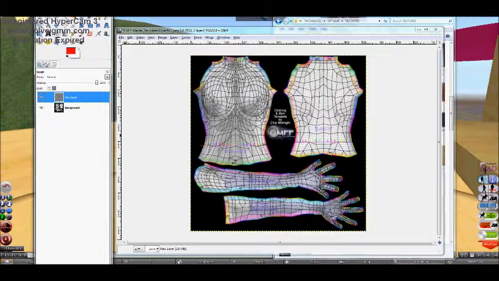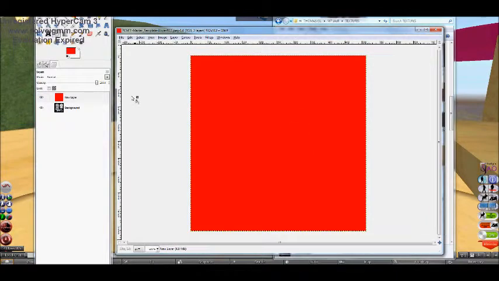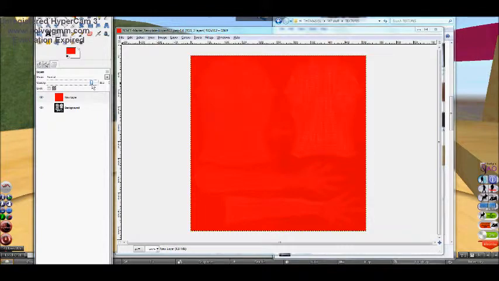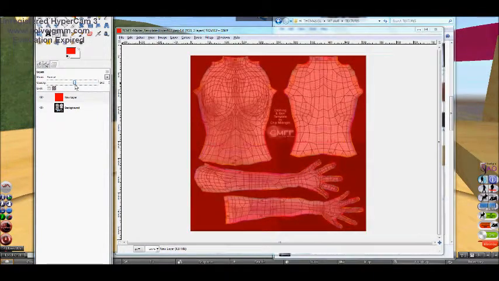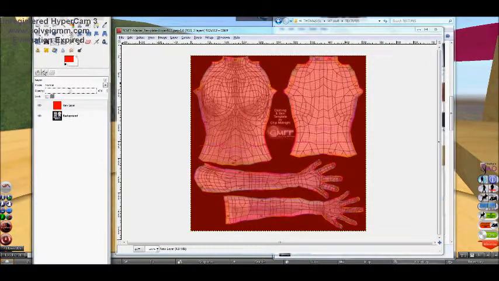And we're going to go to the bucket fill tool here and left click to fill, and we're going to go to opacity, and we're going to turn it down to about 47. Then we're going to click our free select tool,